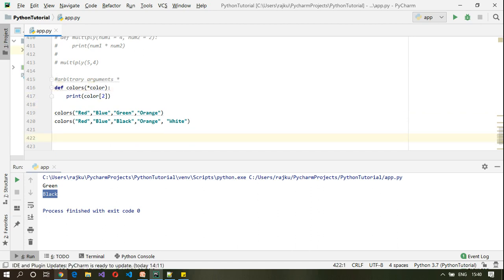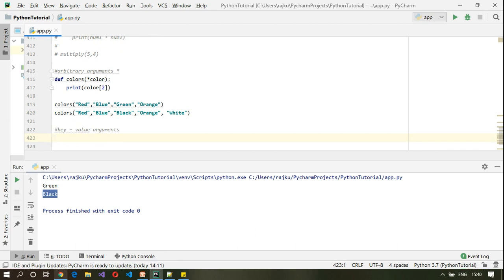We can also have key value arguments. Key is equal to value. So this is how we can pass in key value arguments. For example, I want to print full name, and here lname, fname, that is last name and first name.